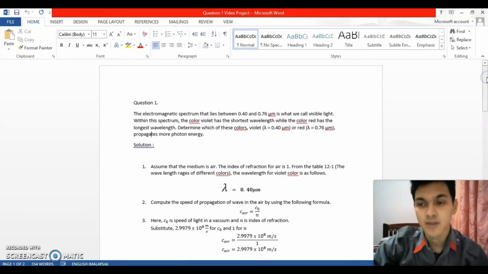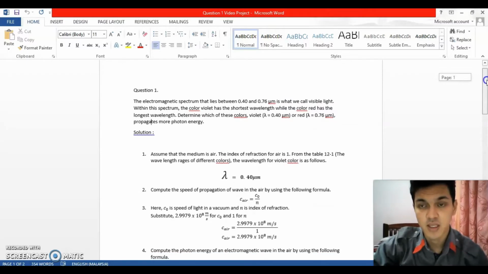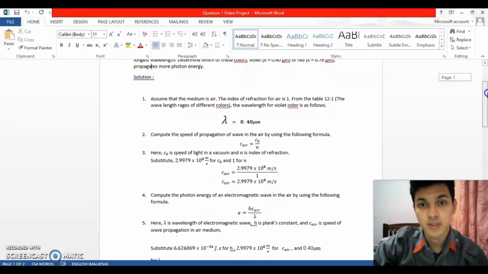For this question, there are a few steps to solve it. Firstly, we need to assume that the medium is air, so the index of refraction is 1, as in Table 12.1 for the wavelength ranges of the different colors. The wavelength of the violet color is lambda equals 0.40. For the next step, we need to compute the speed of propagation of the wave in the air